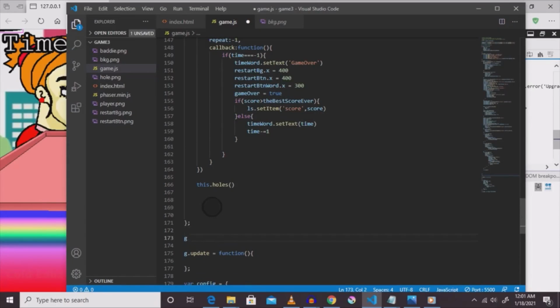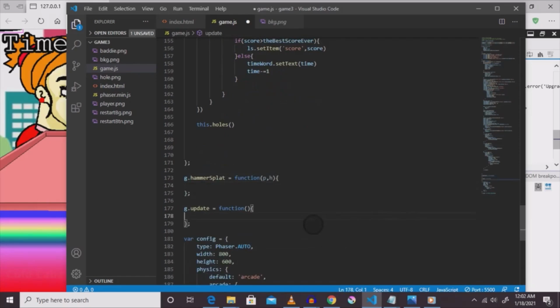So let's leave create, and in between the update, let's put g.hammerSplat equals function, and then we're just going to put 2 letters in here. One of them is not going to be used, but the other one will. So we're going to put the first letter P, second letter we'll do a comma and then put H. After that, the hammer splat is what's going to happen